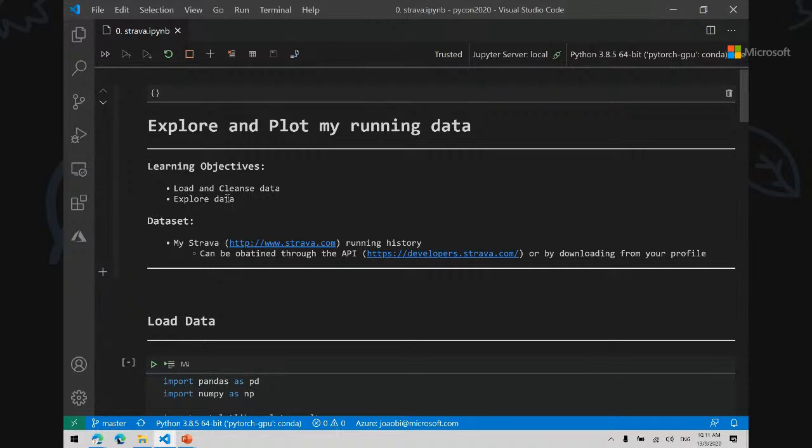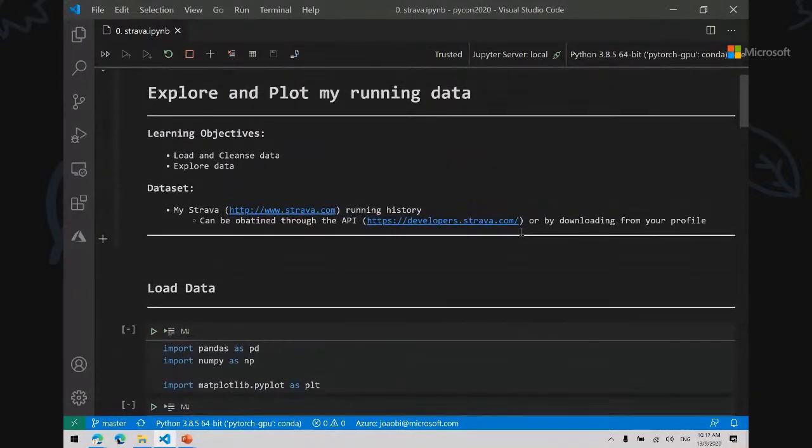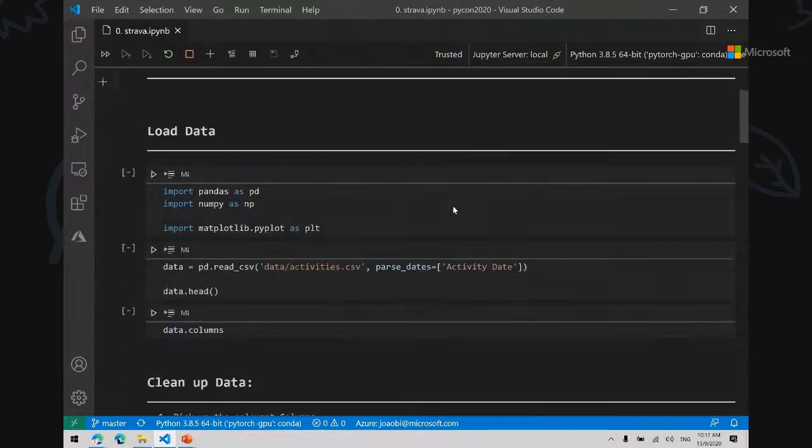The good thing is that obviously it has an API with a couple of Python libraries that allows you to extract and synchronize all your runs. But you can also obtain your activities through downloading through your profile. So this is what I did. I just downloaded my profile data, my activities, and we're going to just take a quick look at that data.